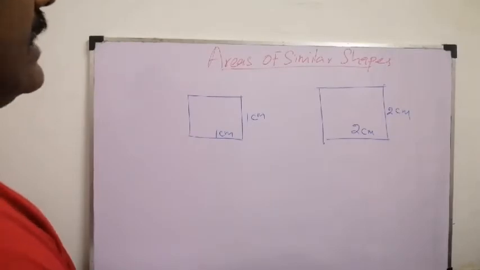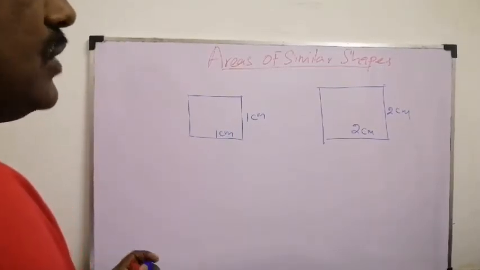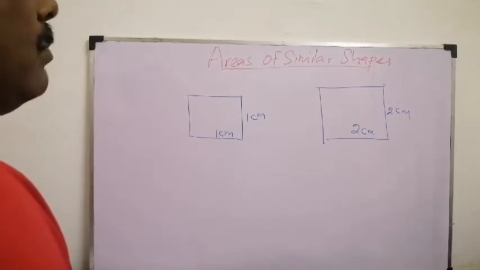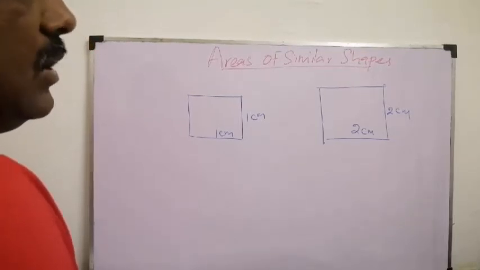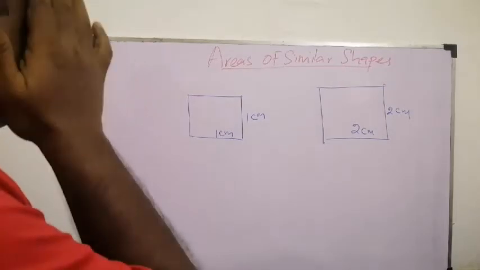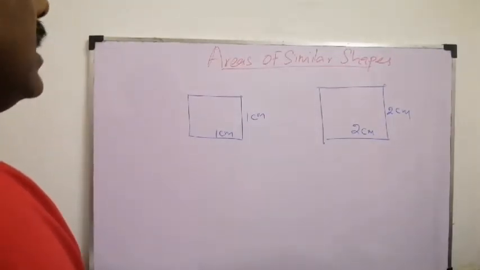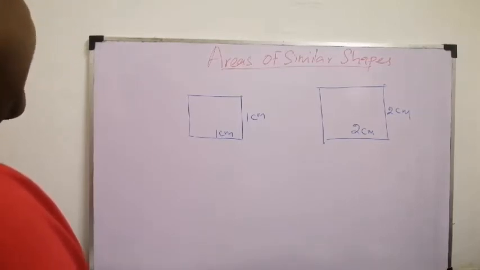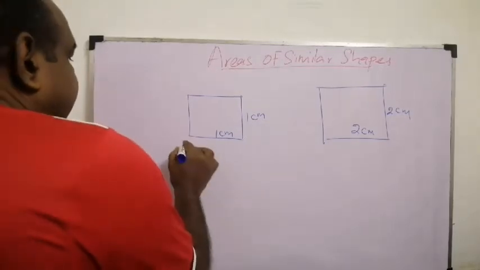We know that in similar shapes, the proportion of their equal sides is equal, or the proportion of their angles is equal, or they are similar to each other. Those conditions you would have studied in the first book or in grade 8 or the beginning of grade 9, about similar shapes. Now when we come to the area,